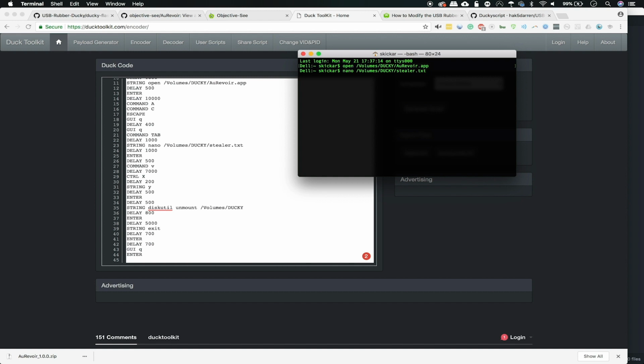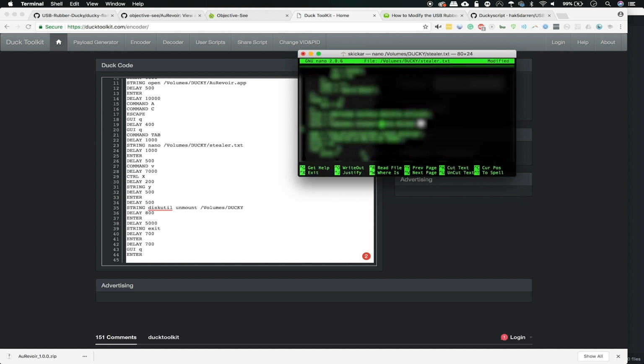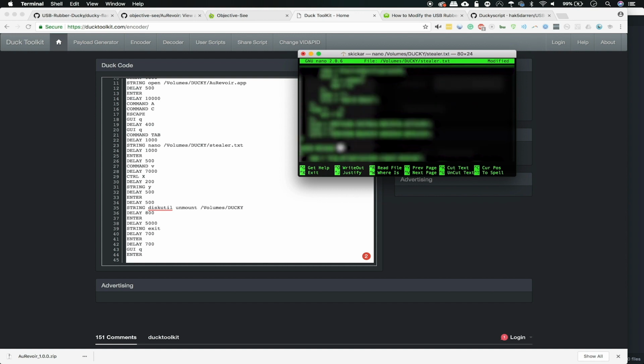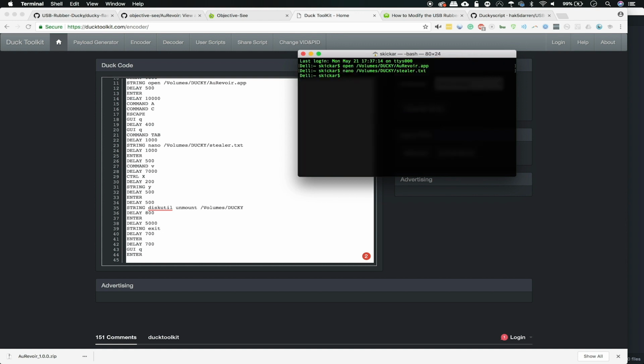So we've nanoed and created the stealer.txt file, and if it already exists, it'll just append to this file. And it's now pasting the information into this file so that we have a complete copy of all the Signal messages that we've exfiltrated from this system. So the next step will be to save this with the Control X key combination. We will confirm we want to exit. And now that we have all the conversations, we will set to work shutting down all the windows we have, eliminating any of the logs from the terminal window, and then eventually getting rid of the terminal window itself.